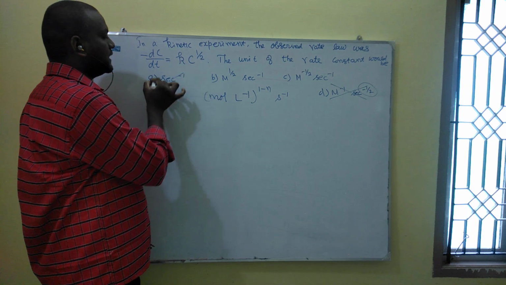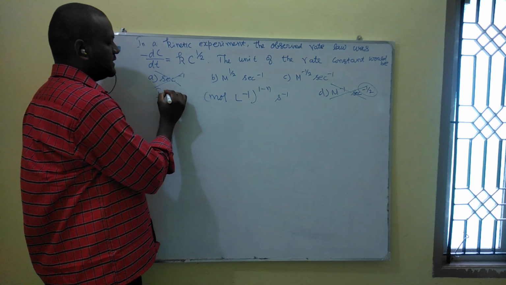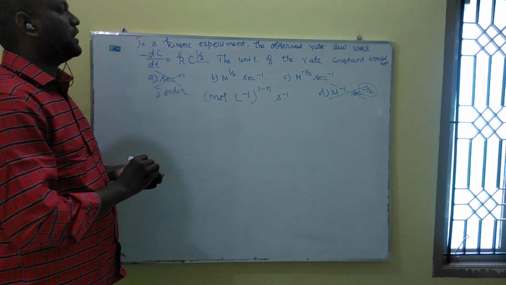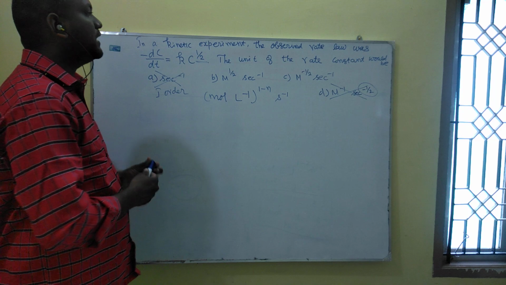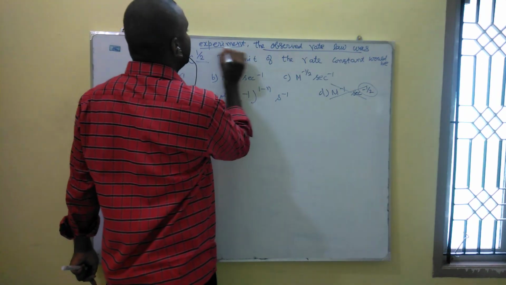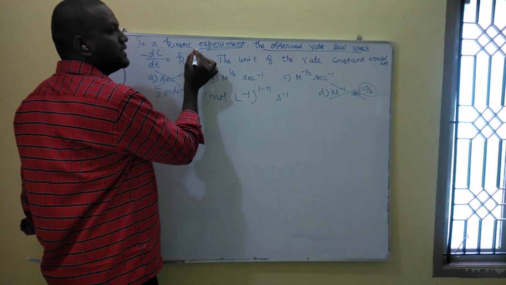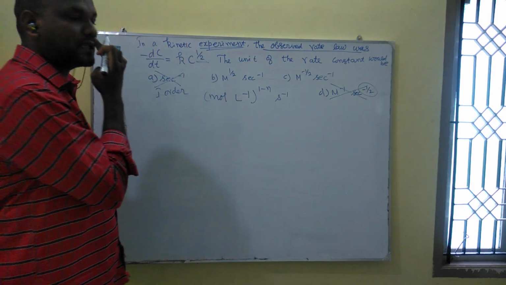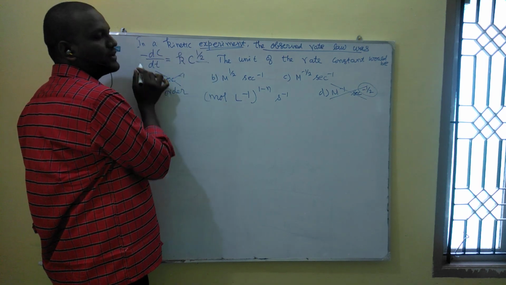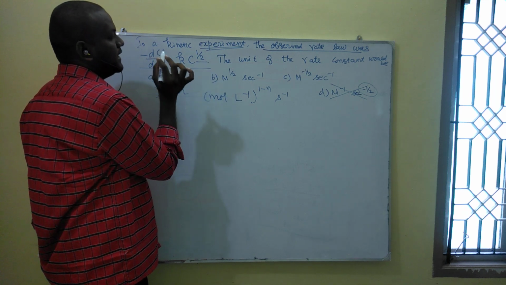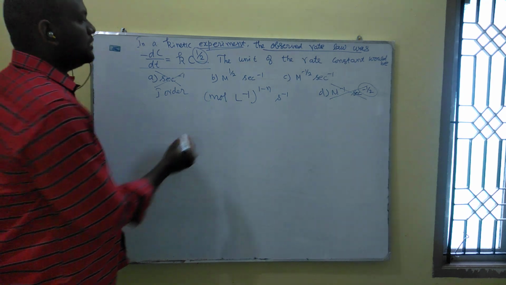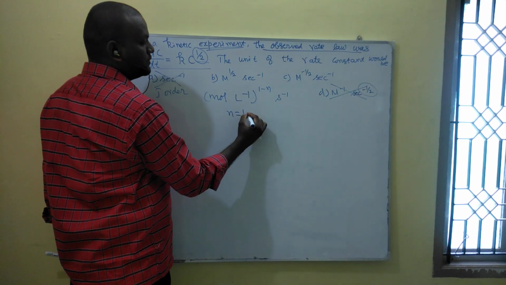We can omit per second also, because per second is the unit for first order, but here the order is 1 by 2. How do we find the order? In the experimentally observed rate law, C is raised to the power 1 by 2. We know the order is the sum of the powers of the concentration terms raised in the experimentally derived rate law expression. We have the concentration term and its power 1 by 2, so you simply put n is equal to 1 by 2.